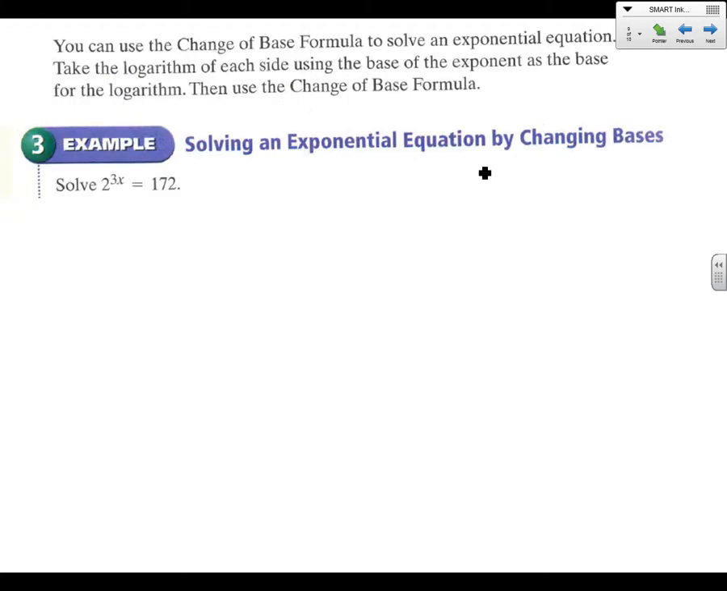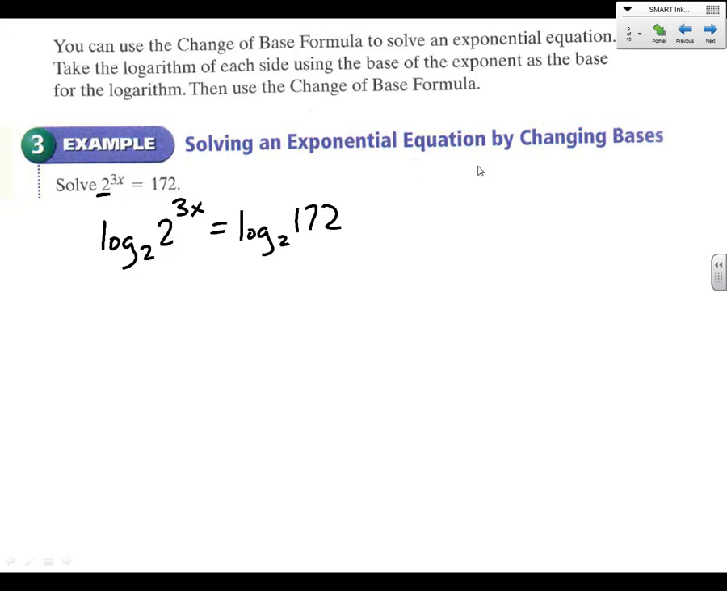All right, so solving an exponential equation by changing bases. So now that we have our change of base formula, we can solve this all the way through. So how do we get rid of the 2 right here? We're going to put a log base 2 in front of it. Equals 170. Oops, I forgot to do it to the other side. Equals, since I did log base 2 to the left, I got to do log base 2 to the right